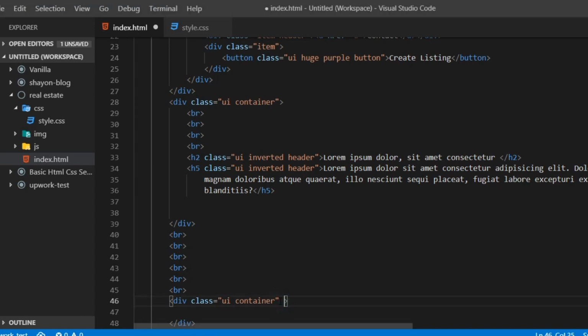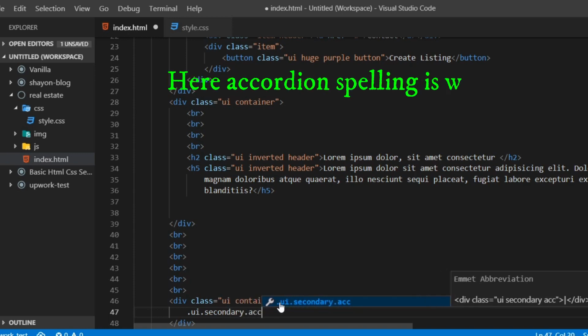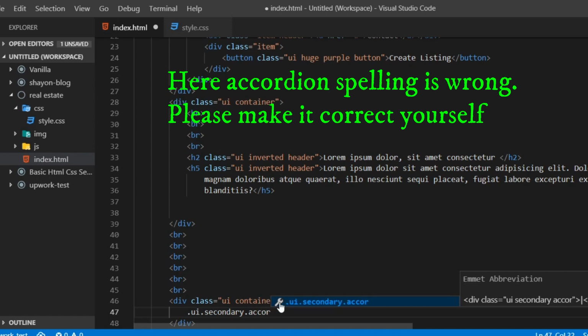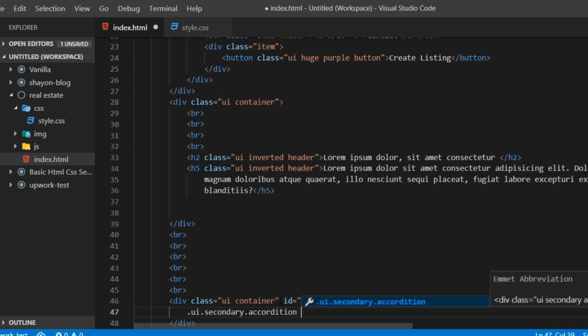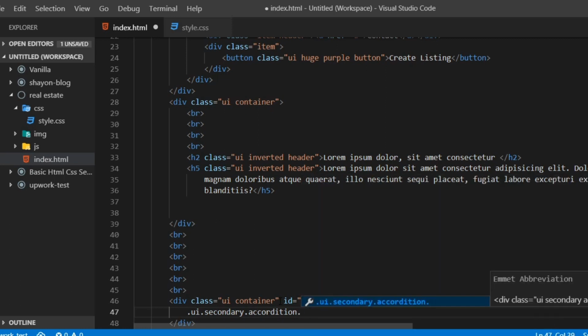It will have an id of filter, so we can style it manually. Just write ui dot secondary dot accordion text menu. This is the class where we will add some manual style. Tab. Okay,